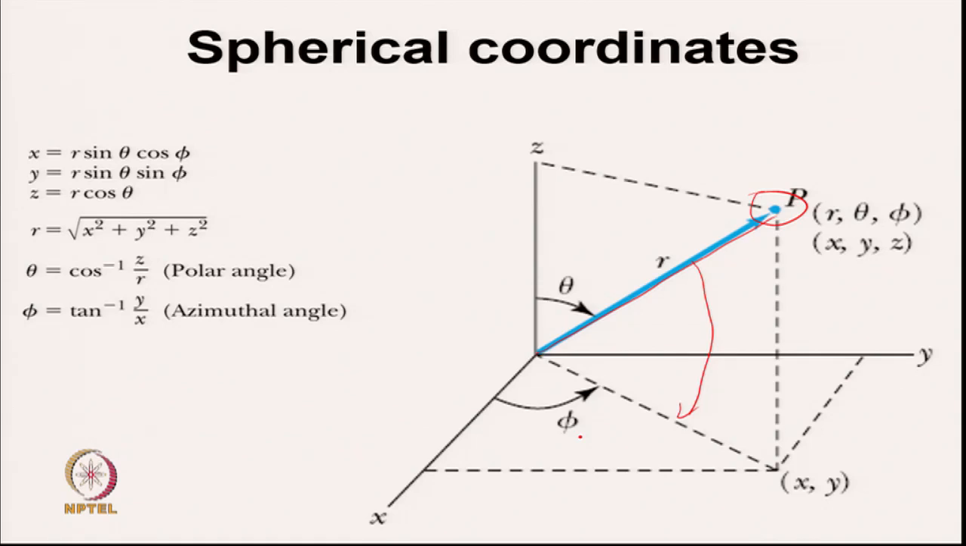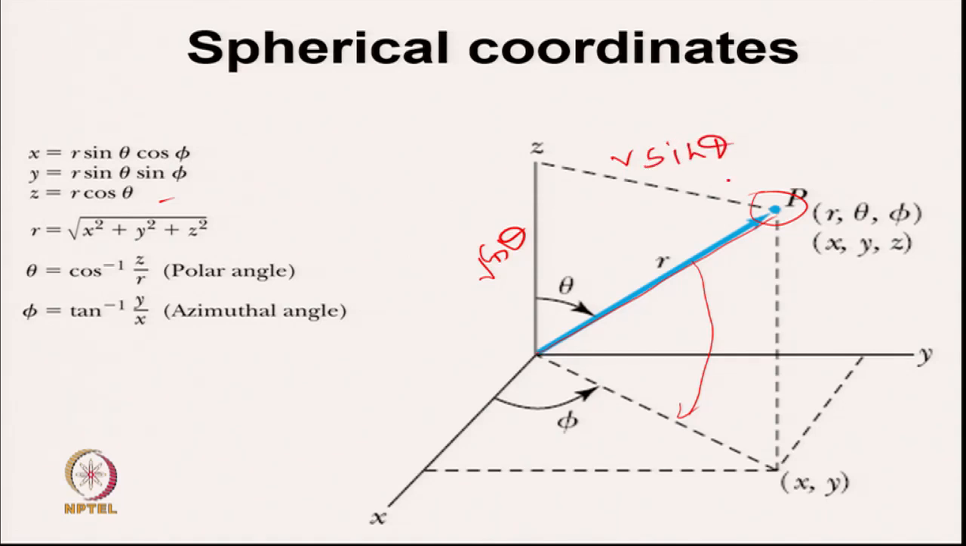Angle between projection and x axis is phi. Now, you can think of, here is r and this angle is theta. So, this is your r cos theta. So, z value is your r cos theta, and then if this is r cos theta, this will be r